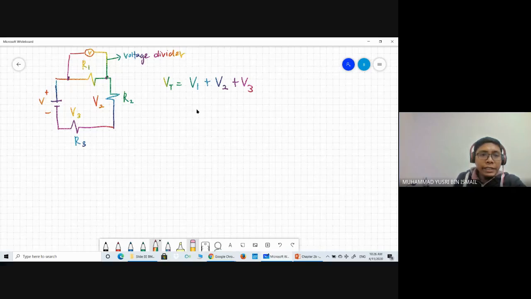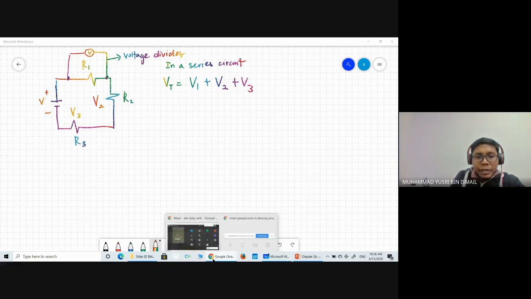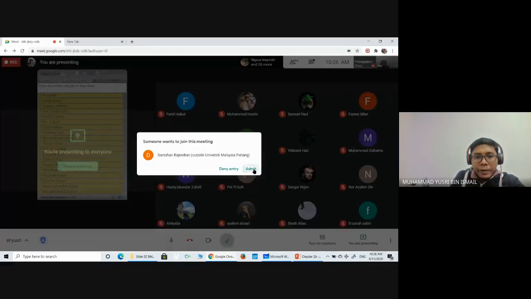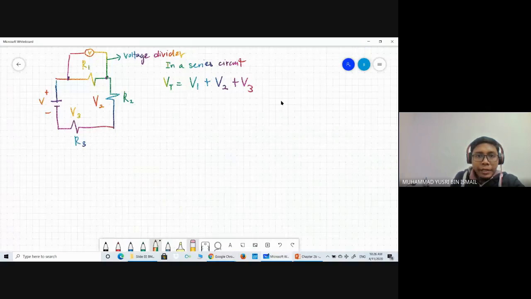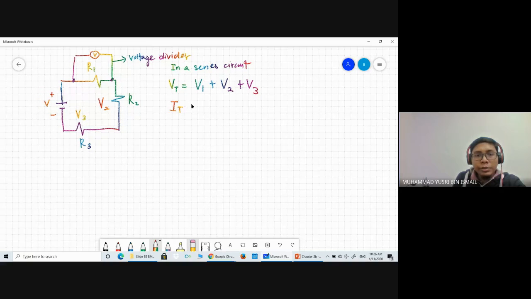Then in a series circuit as well, the total voltage is equal to V1 plus V2 plus V3. And then for current, I total is basically equal to